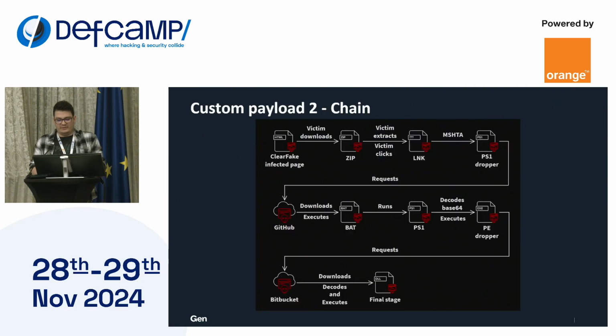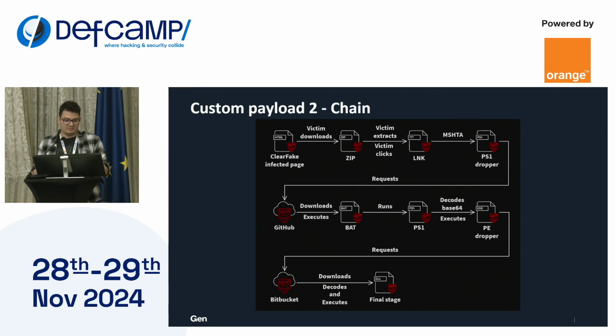Okay, so for the second custom payload we've observed, we have a diagram over here with the entire chain of attack. So we have the infected web page, which prompts the user to download the zip file, which again the victim extracts and runs. The attack starts again from an LNK file, executes an HTA hypertext application file,